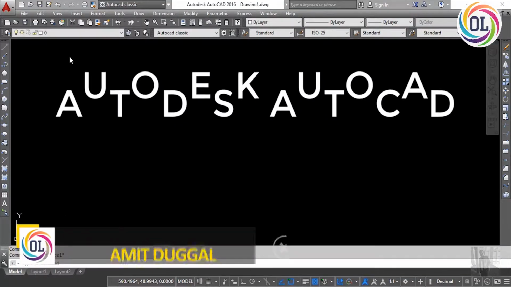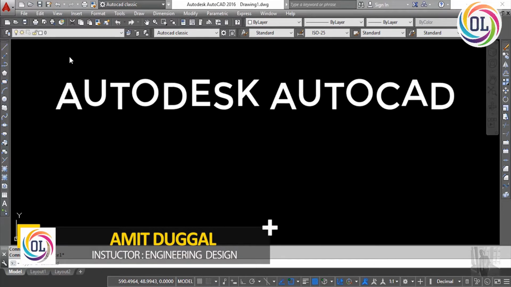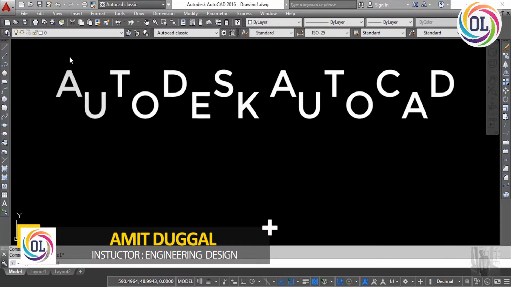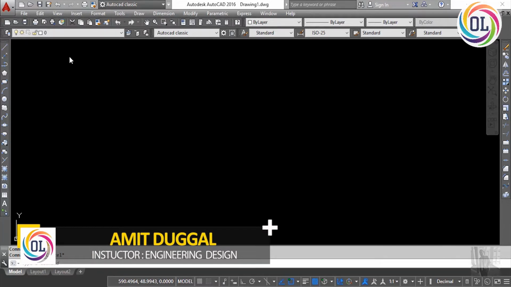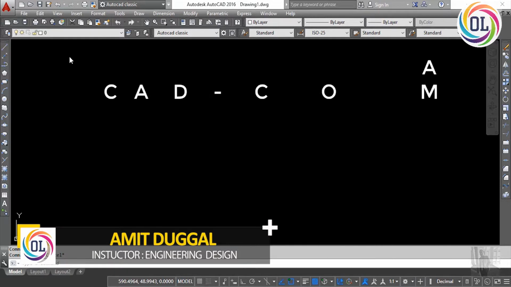Now the AutoCAD software is governed by the Autodesk company. The Autodesk company first gave the name of the software, that was AutoCAD. Some of the students might say this software as CAD software, but after the initial takeover, Autodesk has given its name Auto, that is the initials of the company Autodesk. So the name of the software came to be AutoCAD.